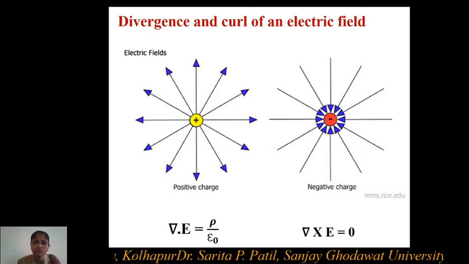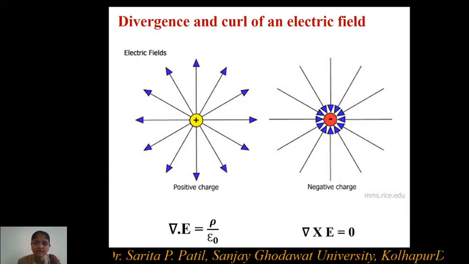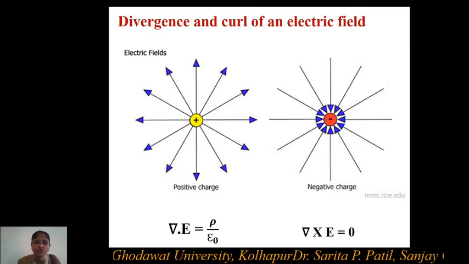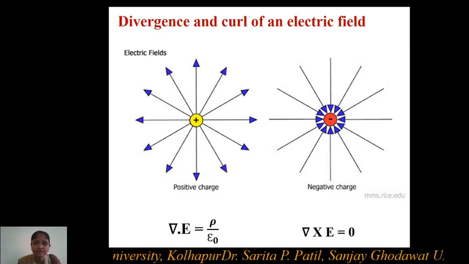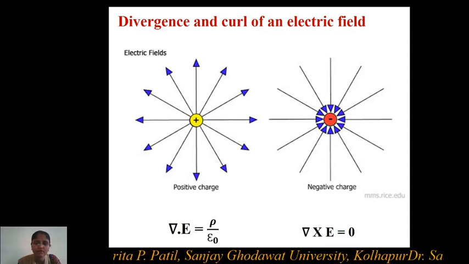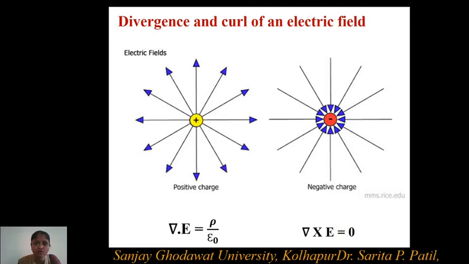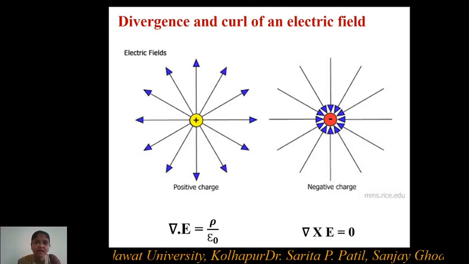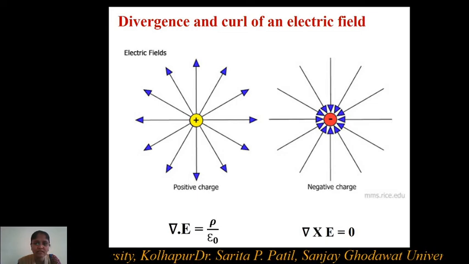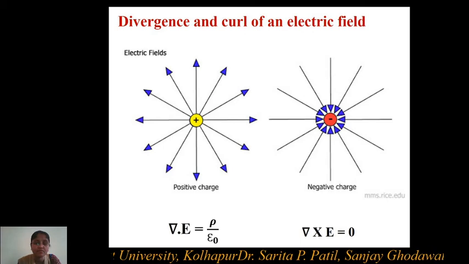Why is this so? Because as I have just explained, electric field lines never meet each other, they never form a loop. If these lines form a loop, then only the curl of that vector has a certain value. However, the nature of electric field lines observed here is a diverging nature. They are moving away from each other, they never intersect each other, or we can say that they never form a loop, and therefore the curl of electric field vector is 0.